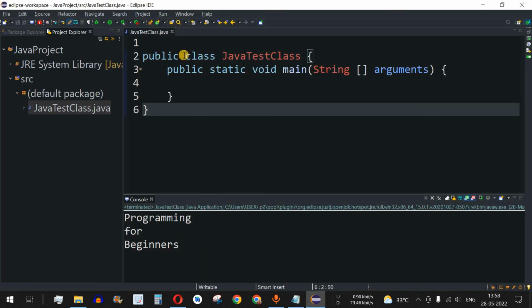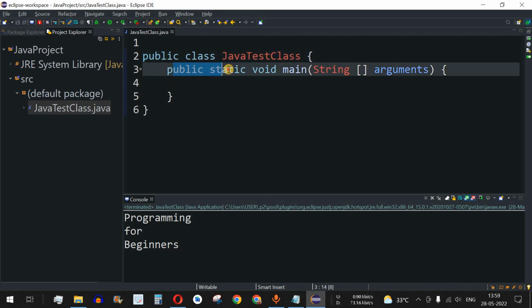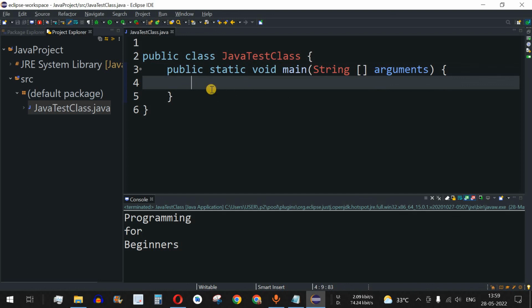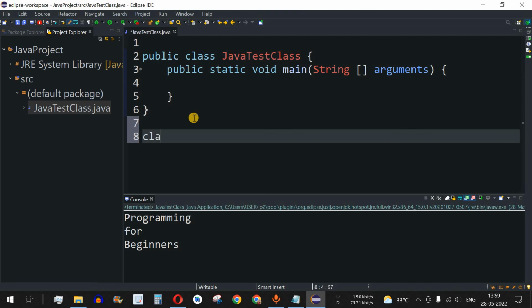So as we can see, we already have a class, that is the JavaTest class over here, and then we have a method inside this, that is public static void main. So guys, inside this method we are going to access another class that we are going to create now. Outside this class, the JavaTest class, we are going to create another class. So we will use the keyword class over here, followed by the name of the class. We can give the name of the class as Animal because that is the class that we are going to create, and then after the name of the class we will have the open and close curly braces, inside which we will have the list of fields and the methods that we have seen in the class syntax.